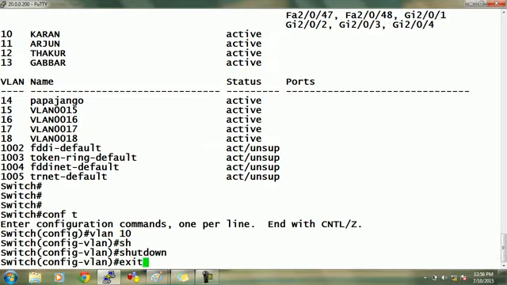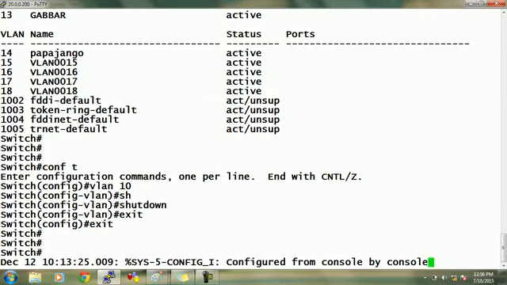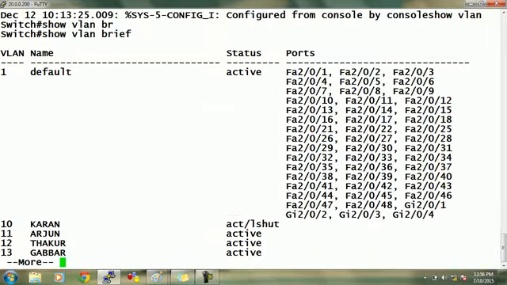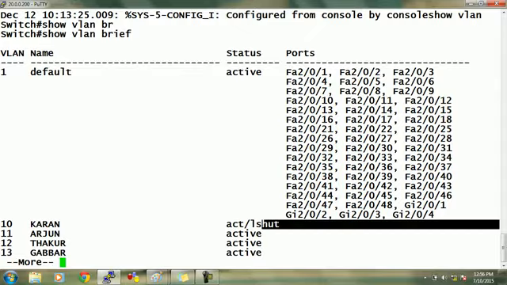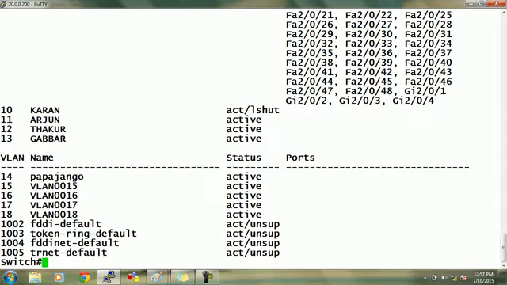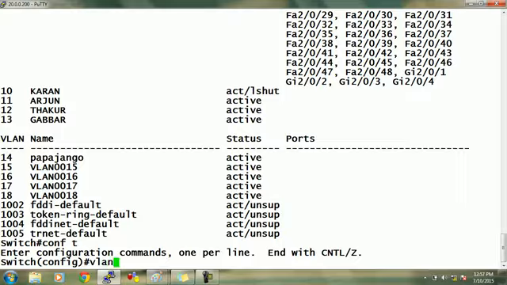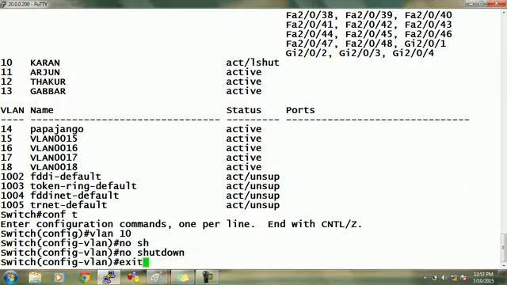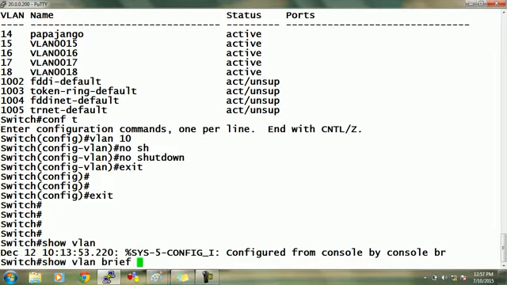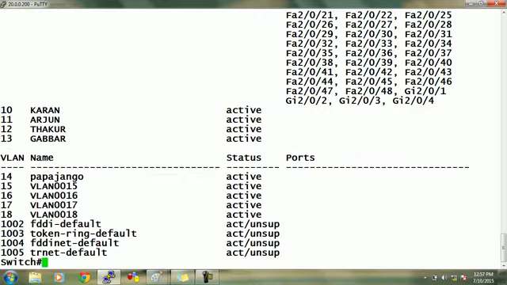Let's say VLAN 10 shut down. What I have done? VLAN 10 is... what do you mean by this? Administratively shut. Administratively? This thing is clear? Now VLAN 10 no shut. Done. Any problem? Now show